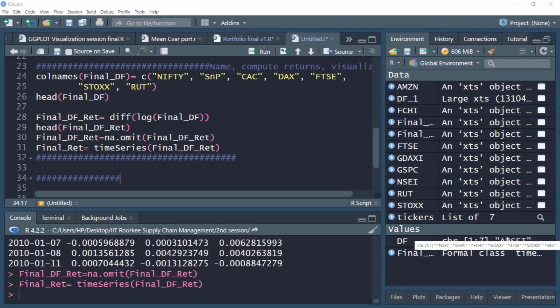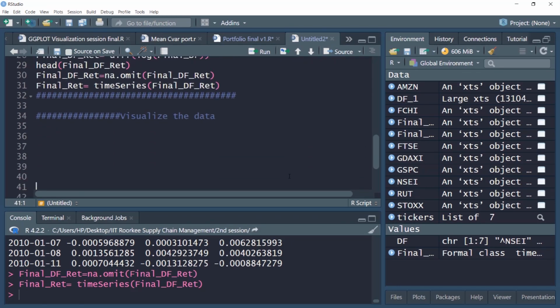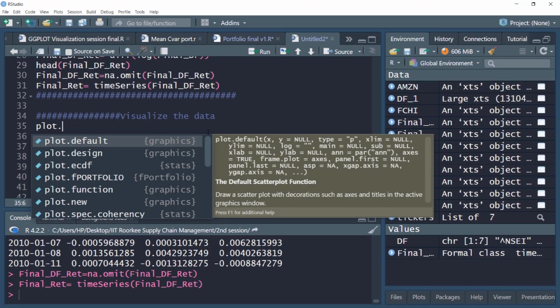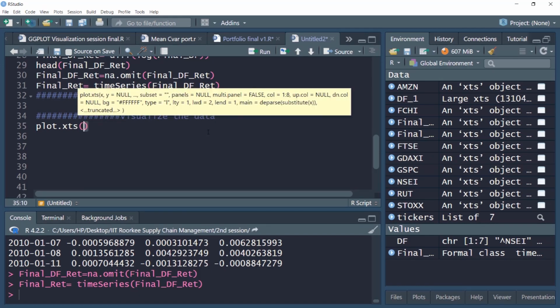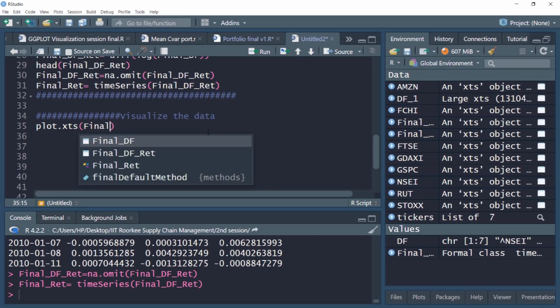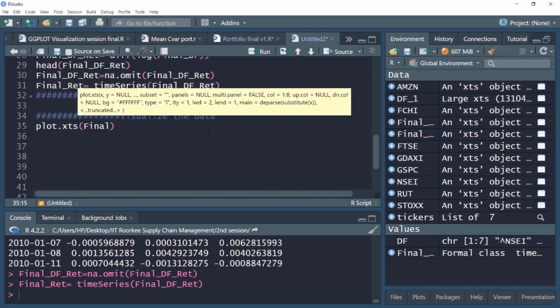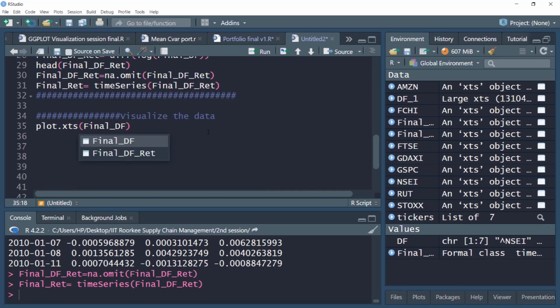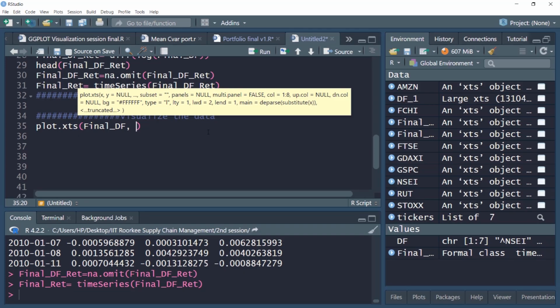In this video, we'll try to visualize the data. Let us start with a simple visualization command, which is plot.xts, and we'll supply this function our final data frame, which is final_df. This data contains prices.